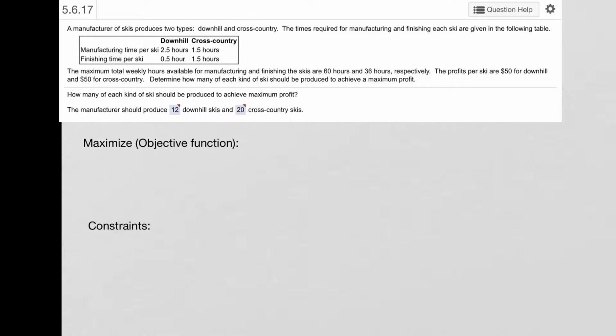So, in order to do this, we have two parts to the problem. We have an objective function that we need to maximize, and in this case, that's the profit. So let's go ahead and talk about that right away. So our profit is $50 for downhill skis and $50 for cross-country skis. So our objective function is profit, which equals $50 times the number of downhill skis plus $50 times the number